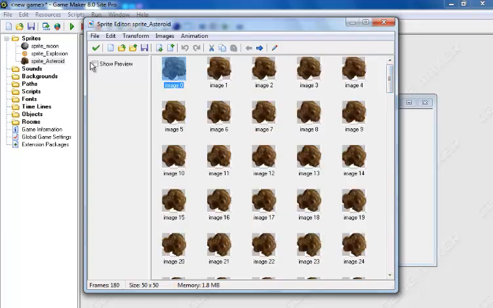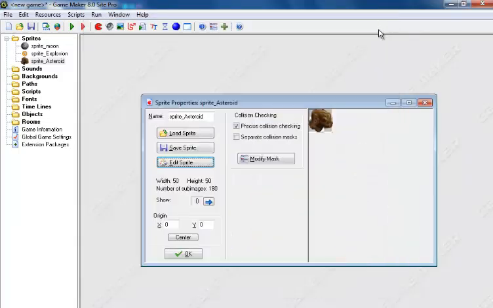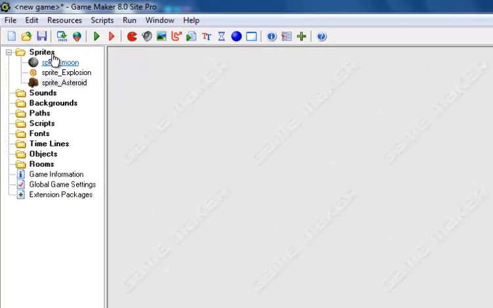You can just see a preview of it right here, and the speed is approximately 30 frames per second, I believe, and that's it. No background in this case. Okay, so I just click OK and continue. I'm gonna have to upload my